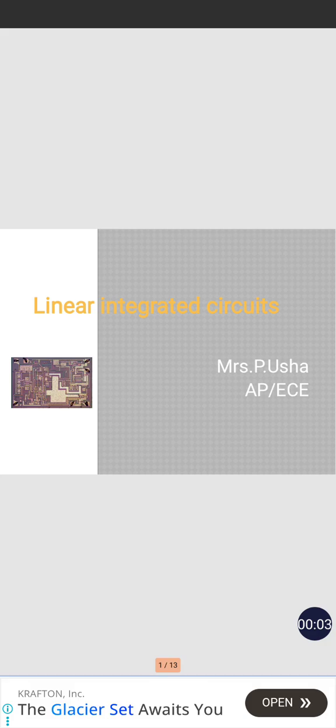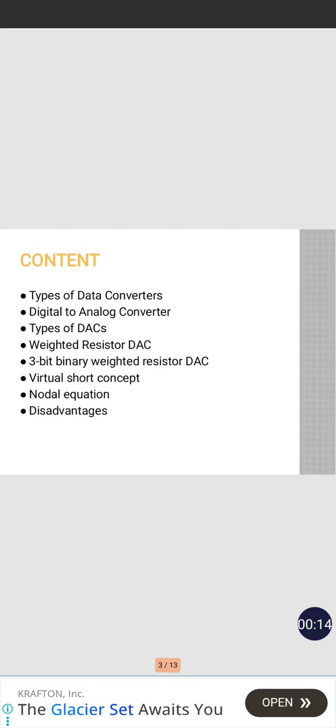Today we are going to discuss data converters in linear integrated circuits. What are the topics we are going to discuss in this presentation? First, we are going to discuss what is meant by a data converter, and what types are available in the data converters. The first one is the digital to analog converter, and what types are available in the digital to analog converter. We are going to discuss the weighted resistor DAC and the 3-bit binary weighted resistor DAC, and we are going to discuss the virtual short concept and the nodal equation,